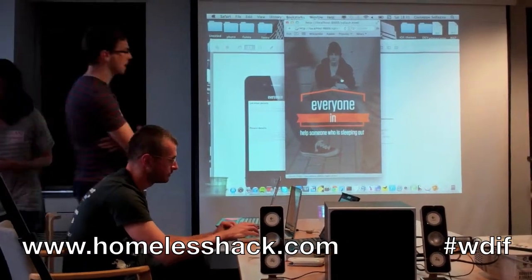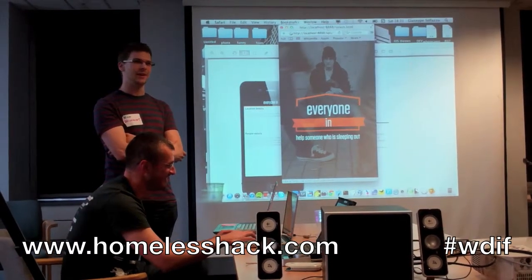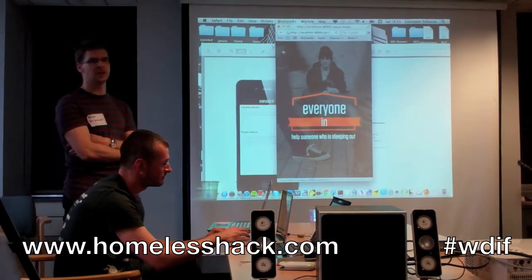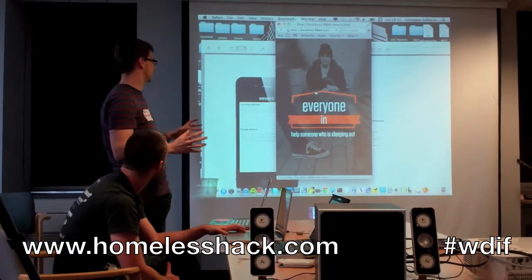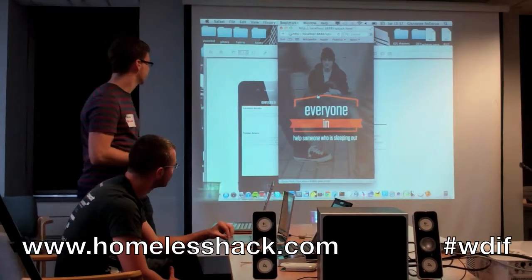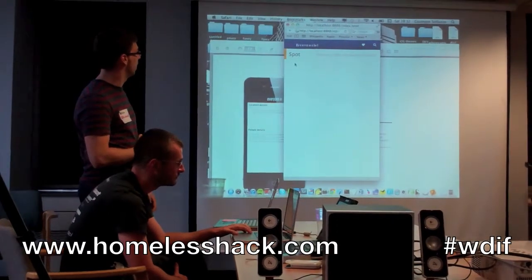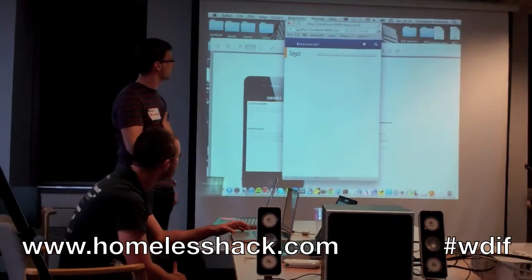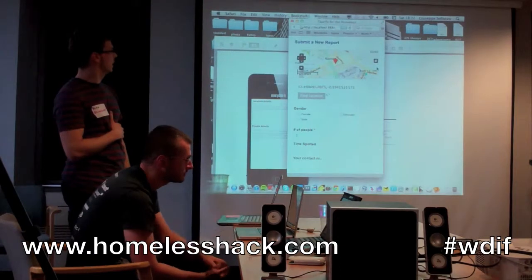Okay, so after we've seen how a polished version of the app looked, we're going to have a look at how we went on to implement a prototype just to get something working from end to end, which of course the design is not integrated, but if you get the two things together, you have the final app. So if we go to the website, we have the splash screen, and if I want to spot someone, I click on the spot link, and then I say I allow the location.